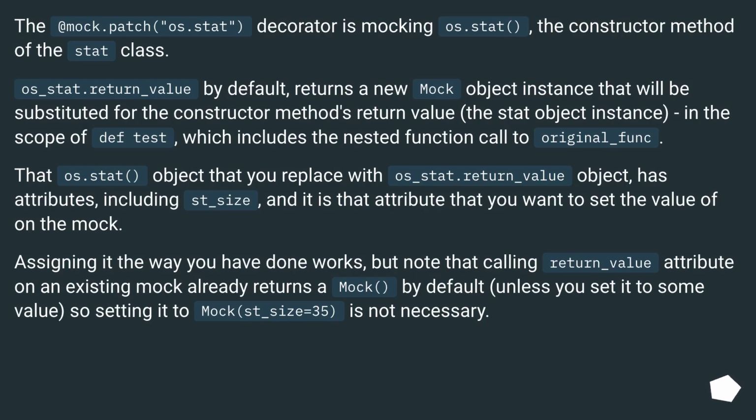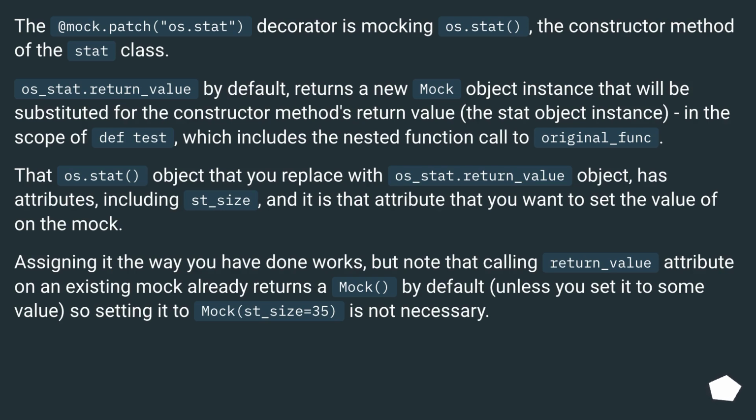The @mock.patch os.stat decorator is mocking os.stat, the constructor method of the stat class. os_stat.return_value, by default, returns a new mock object instance that will be substituted for the constructor method's return value, the stat object instance, in the scope of def test, which includes the nested function call to original_func. That os.stat object that you replace with